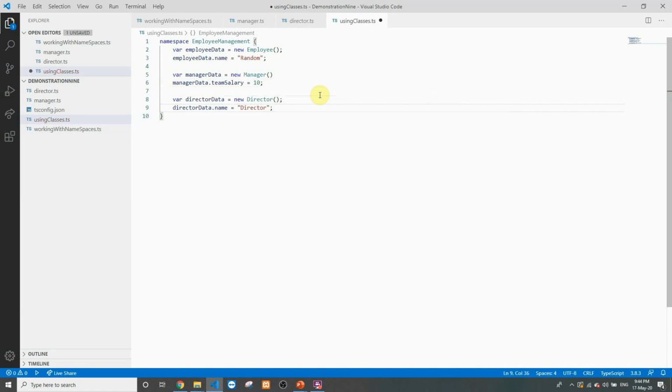So this way you have logically broken down your file into multiple files. One file contains the code for employee, the other one contains the code for manager, the third one for the director, and in the fourth file you are using all these classes and you are creating objects out of them. So next what we have to try out is, from a particular file we'll try to use ES6 module and